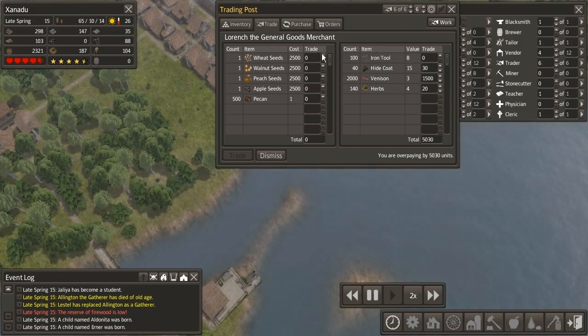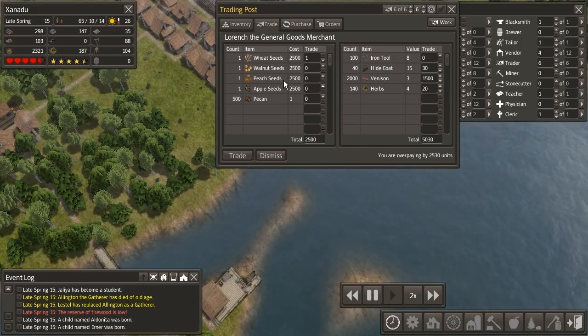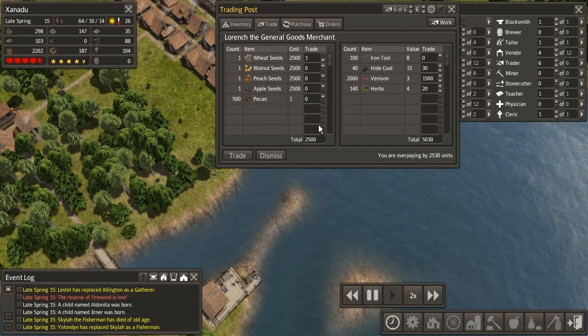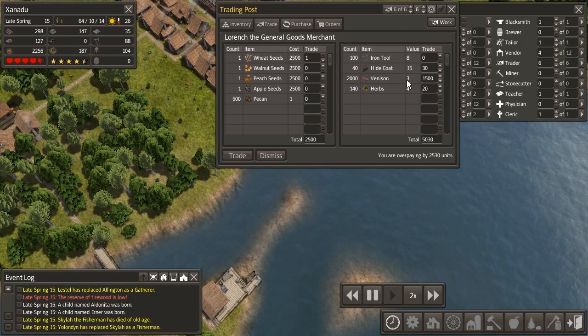We're going to buy ourselves some wheat seeds. And these are all trees, I believe. Walnuts, peaches, and apples are all tree seeds. I'm not sure if we really want to get them right now. I prefer to try and get crops we can grow. Maybe instead I'll just